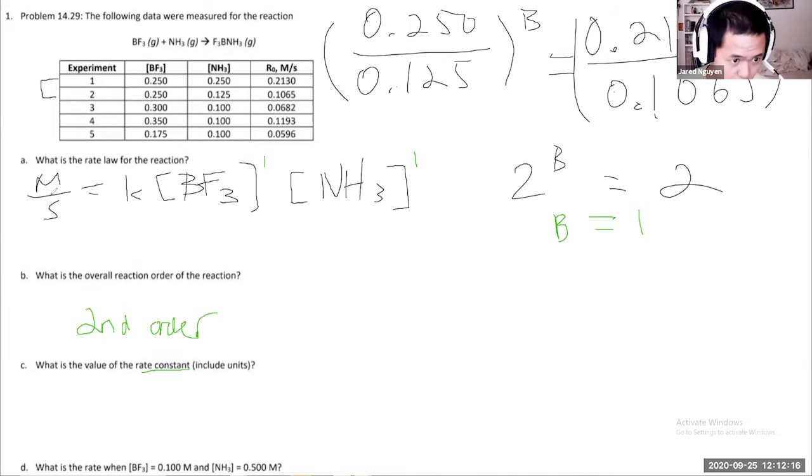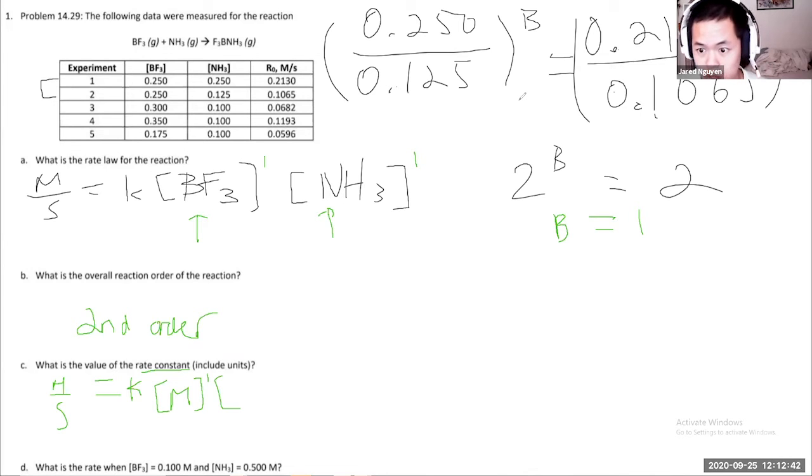At the end of the day, you want M over S. So M over S is equal to K, and then let's rewrite the rate law in terms of M. The concentration of any solution is going to be M, raised to the first power, which is M to the first. And now NH3 is also